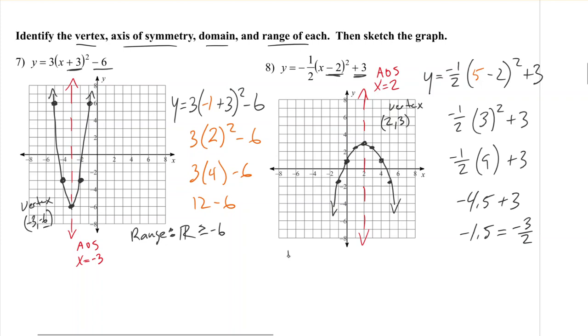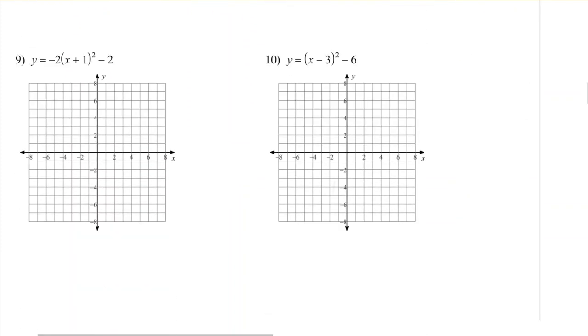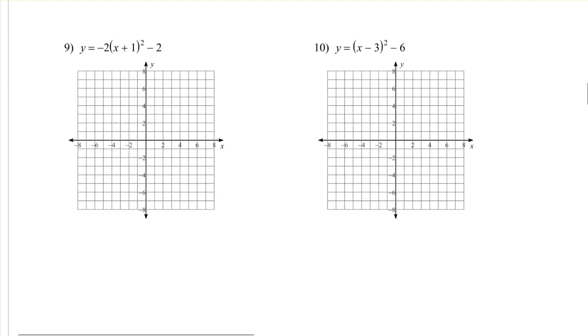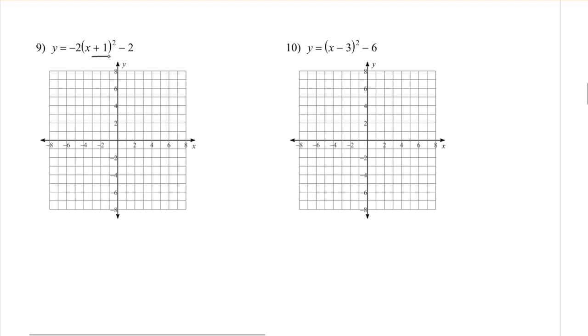What didn't we do? Our range. Our range is everything below, what is that, 3. So all real numbers less than or equal to 3. Nine and 10. I'm going to start doing these faster. So our vertex is negative 1, negative 2. Negative 1, negative 2. We're going to have an axis of symmetry